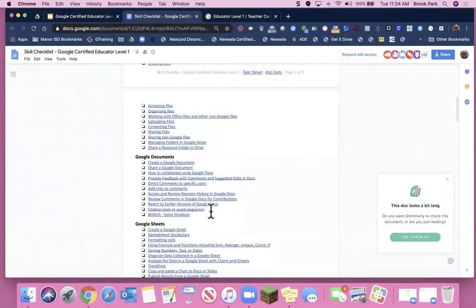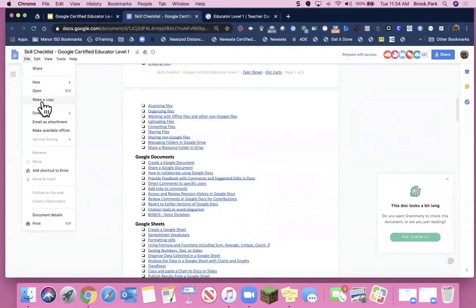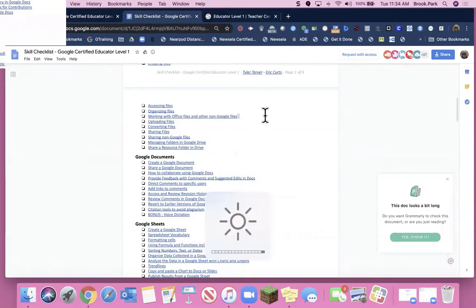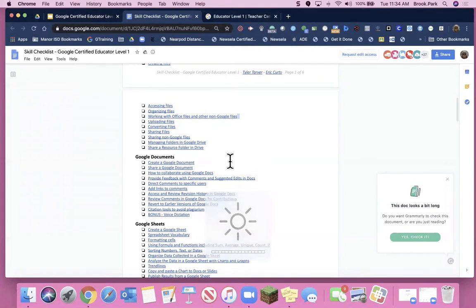So this looks like a lot, and I know it might be daunting, and that's why it's worth 3 days worth of trade credit. But what you can do here is just systematically go through it. Click on File, make a copy of it, and then it's your own copy. It's in your Google Drive, and then you can